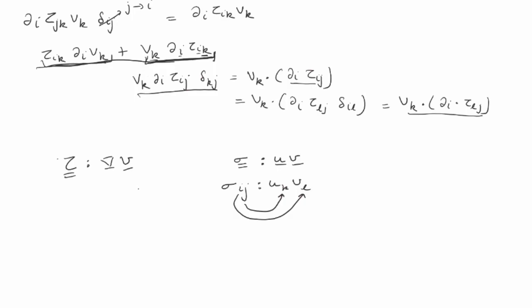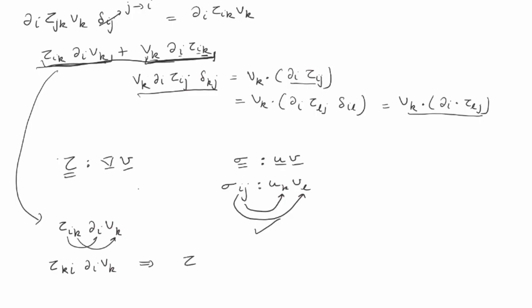So when we have from here tau I k del I v k, we see that here first is first, last is last. So now we are also given that tau is symmetric matrix, so we can write it as tau ki del I v k. So that implies that tau ki double dotted with del j v l, similar to here, and this is similar to tau double dotted with del v. So this also proves our fourth question. Thank you.